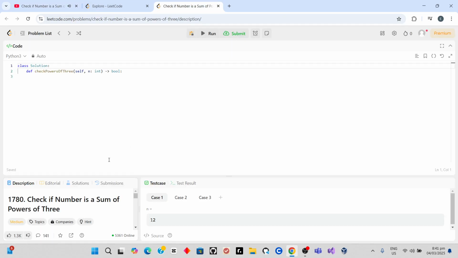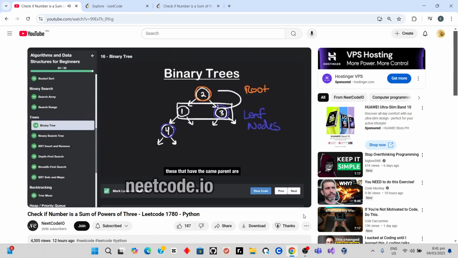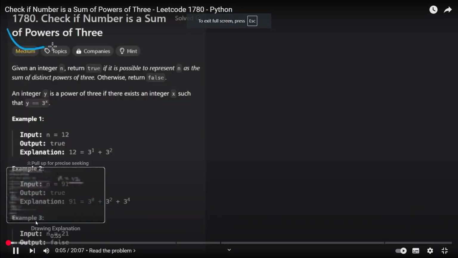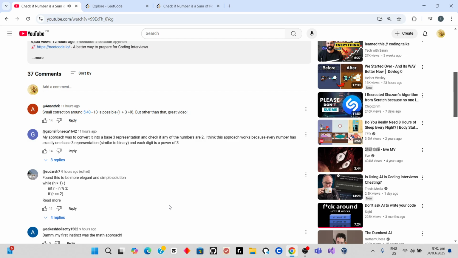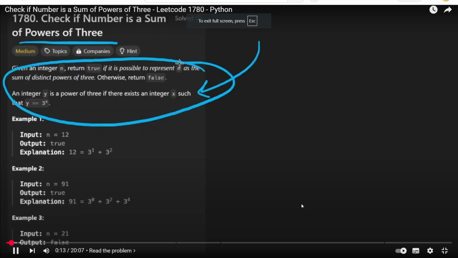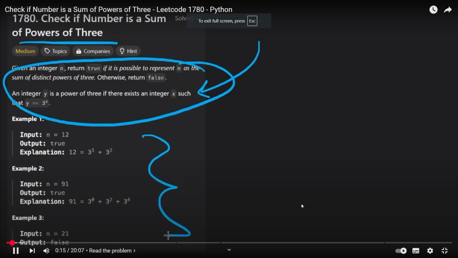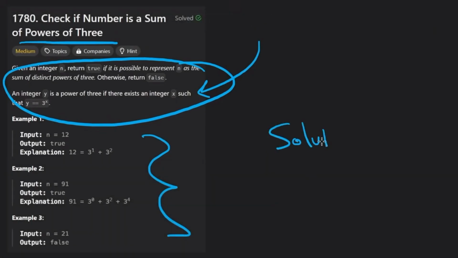Hey everyone, welcome back, and let's write some more neat code today. So today let's solve the problem: Check if number is a sum of power of threes. Very, very nice problem, at least in my opinion. I really like it. Short and sweet problem description, very clear examples. The solution is actually very easy to code up. Not necessarily trivial to understand it, but at least we get to spend our time doing interesting things, actually like